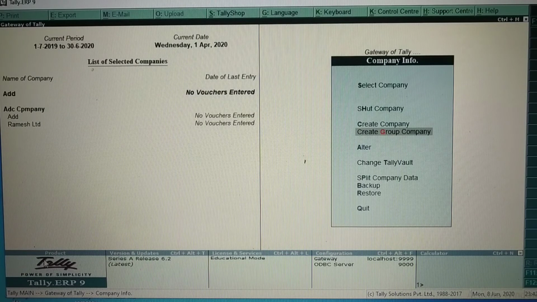Next, where the member companies have the same username and password, the user is required to provide the login details only once. It means if you give the same username and password for all the companies, it is only required to enter the password for the main company.